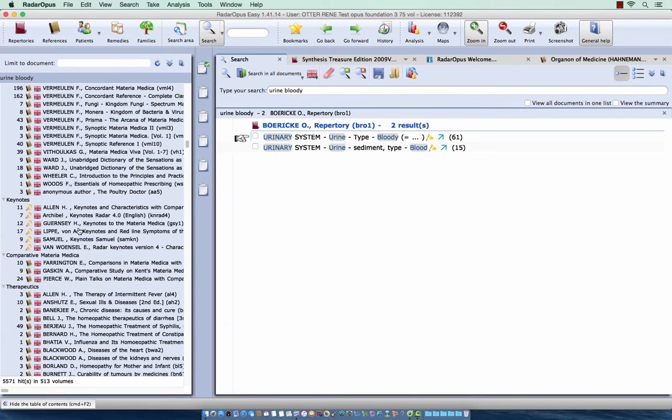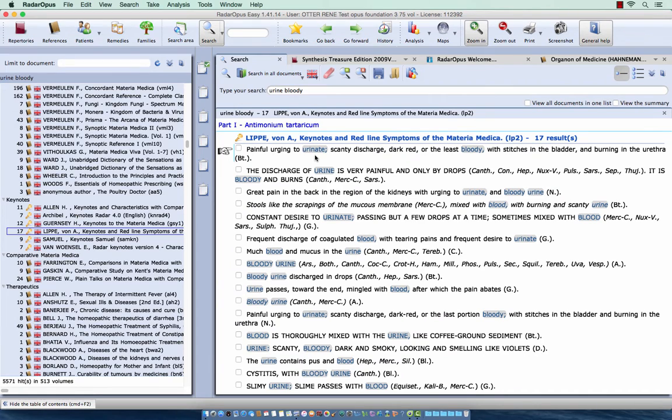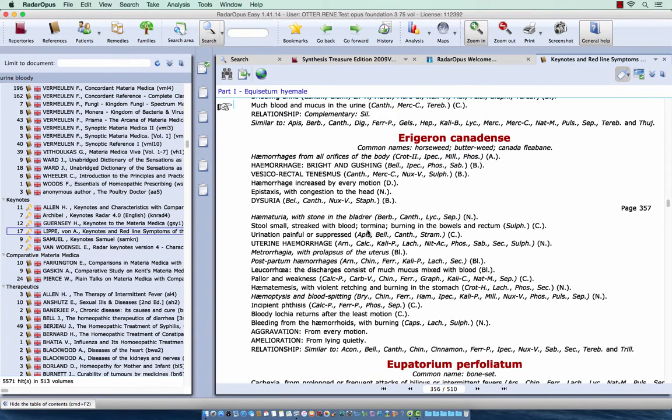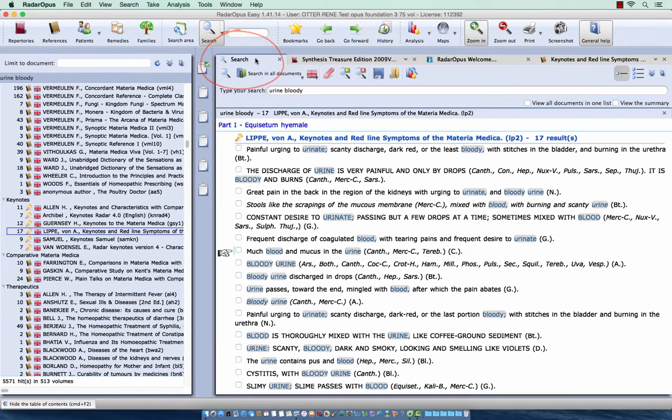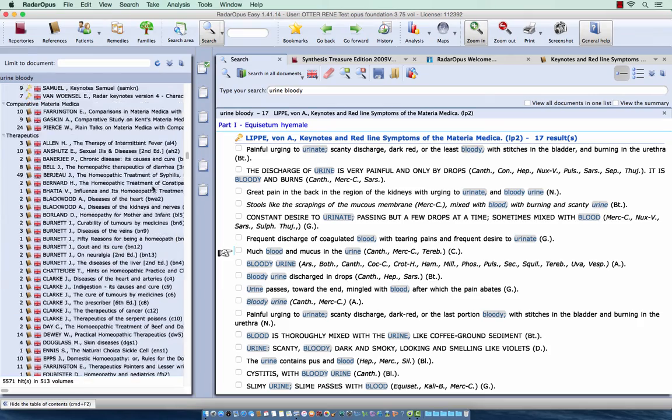So just to give an example here, I click on Lippe keynotes and redline symptoms. At the right I now see all the symptoms with this word combination of blood and urine. If I want to see such a symptom in its context, I just double click on it and it opens that document. So here I'm in equisetum in Lippe keynotes and redline symptoms. If I click on the tab of search, I'm back here in my search result. So I can go further down